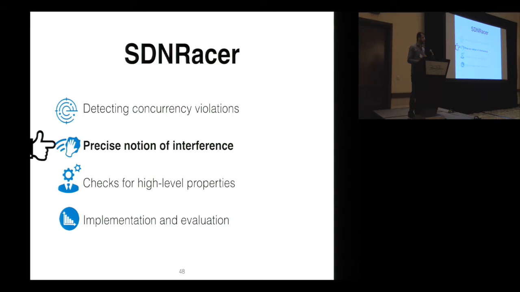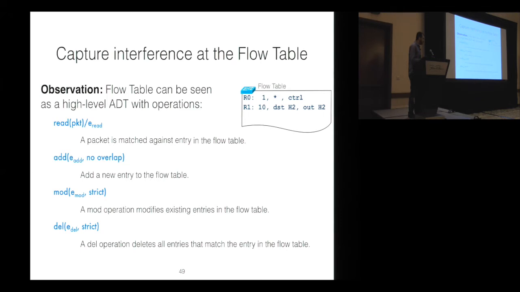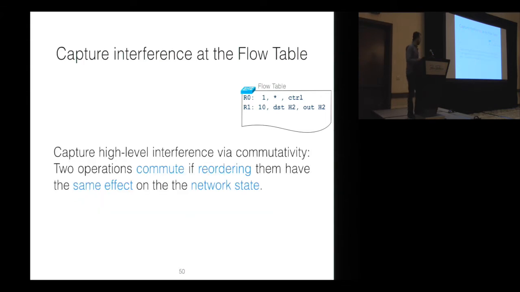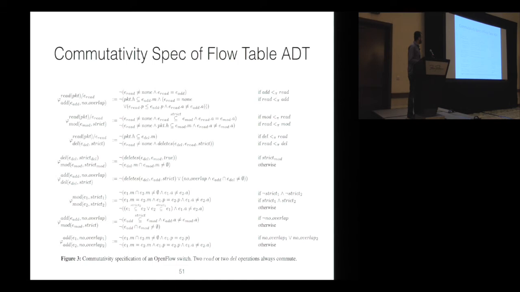So how do we look at the flow table now as an abstract data type. A specific flow entry on the existing one as well. Same net effect on the